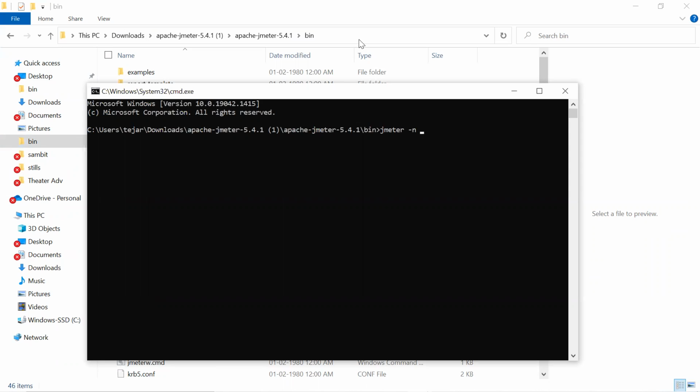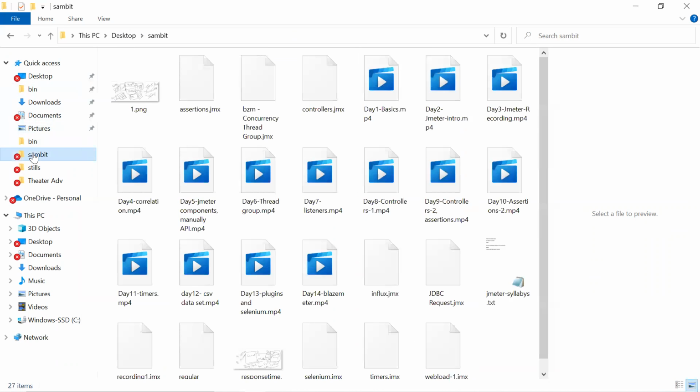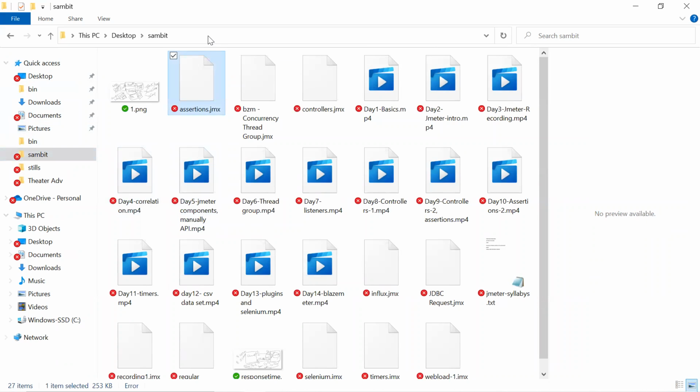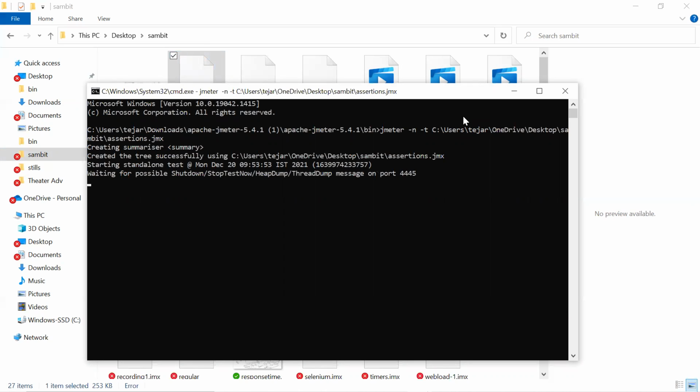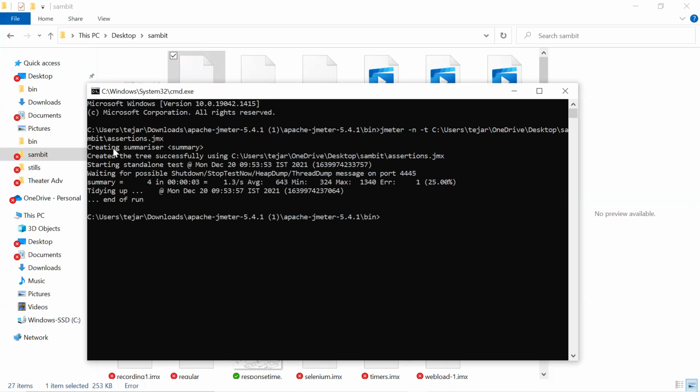Okay, and I need a JMX file to load it. So now give minus t, whatever the JMX file, whichever path. So let's copy your path. Let's take this one, Control C, as JMX. So if I run this now, it will run the script. You can see that the test got executed. But here we don't know what has happened, right? Because we don't have any way yet to check pass or fail.